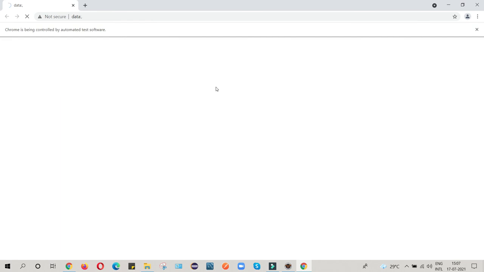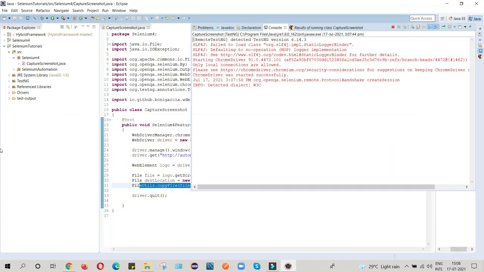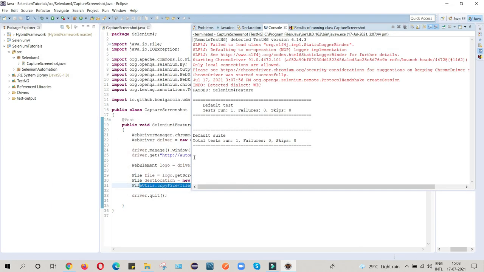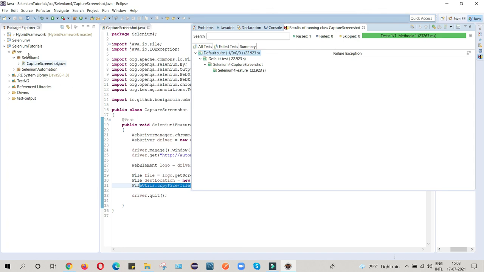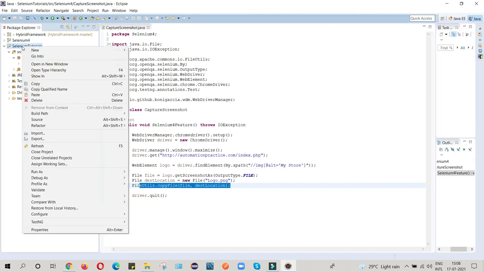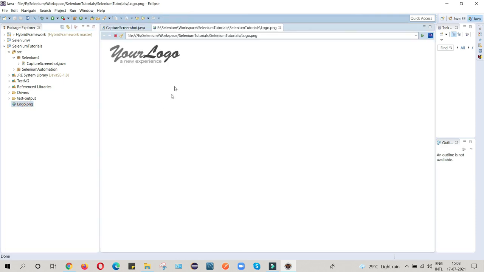It maximized, entered the application URL, opened, and captured. Here you can see my test is passed. For the image, you just refresh the project, and here you can see logo.png has come. Just double click, and here you can see this logo displayed.